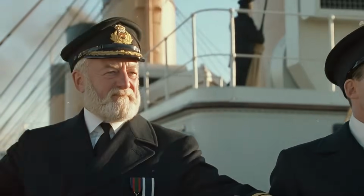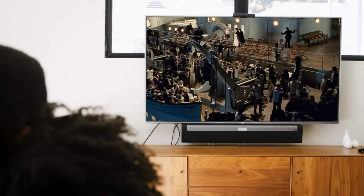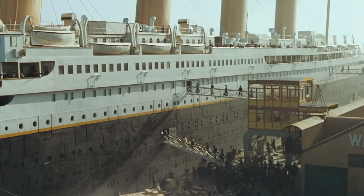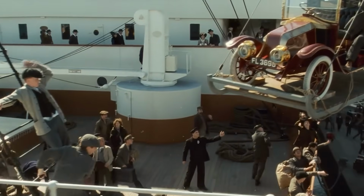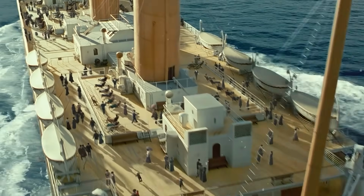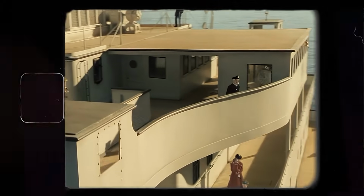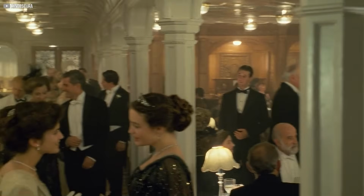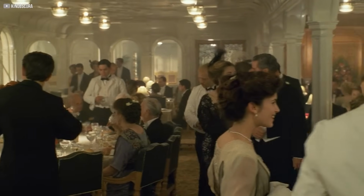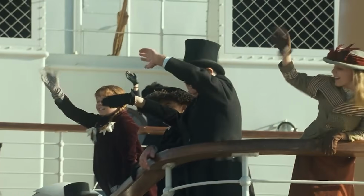12. Visual effects errors in the ship shots. James Cameron poured everything into making Titanic feel real. And for the most part, he nailed it. But a few visual effects moments didn't quite hold up, especially when you look back with modern eyes. Let's start with the wide shots of the ship. These impressive moments often showed the Titanic sailing in all its glory, filled with passengers moving about on deck. But most people don't realize that the wide shots of the ship itself weren't of a full-sized vessel, but of a detailed scale model. And so, to make it look populated, tiny human figures were added using early computer-generated imagery